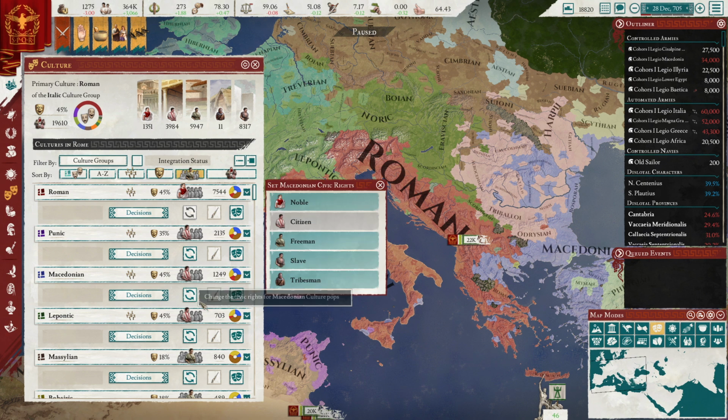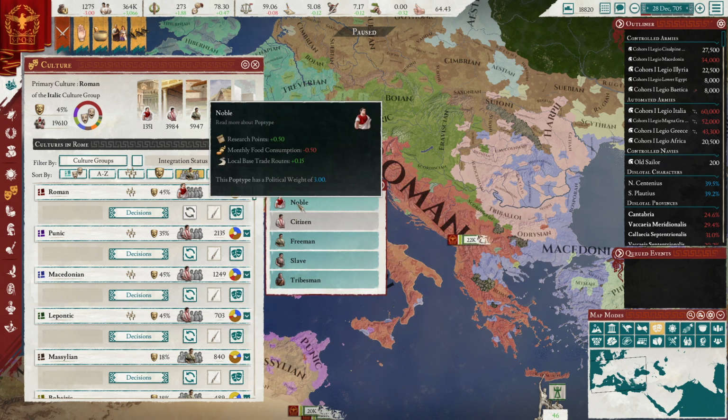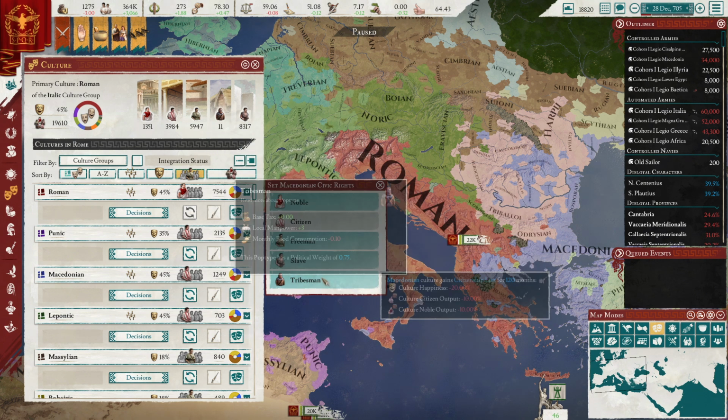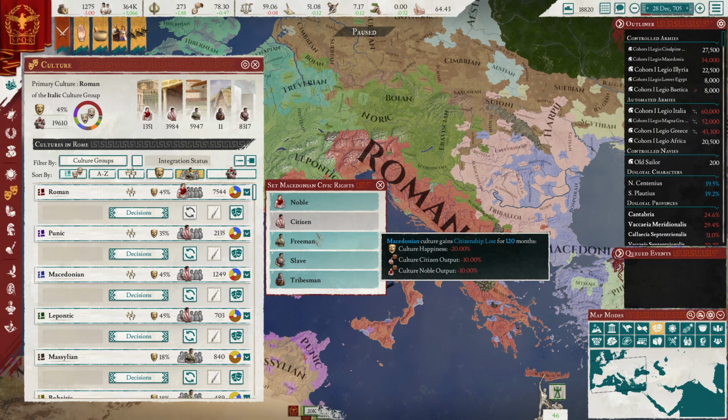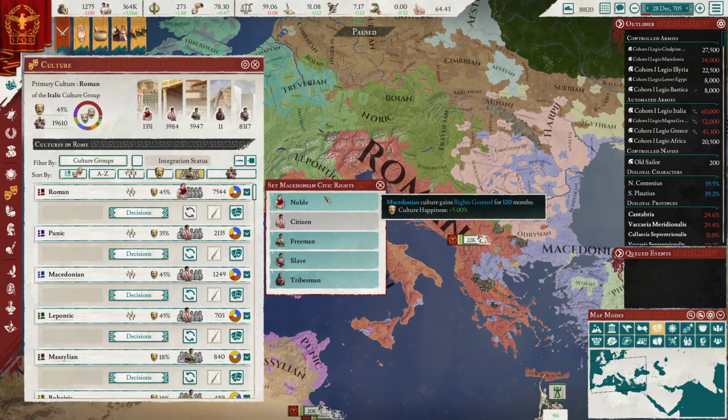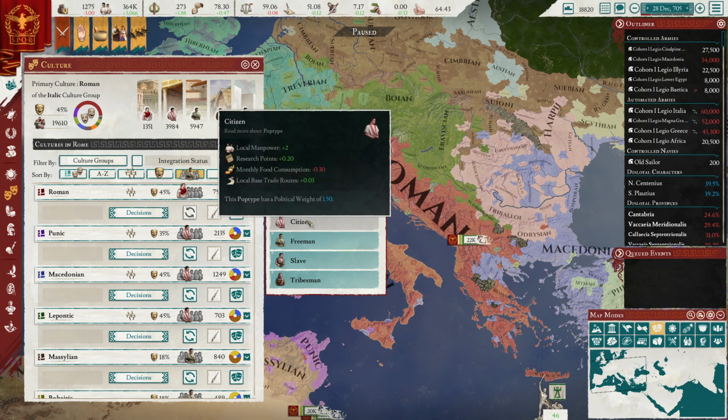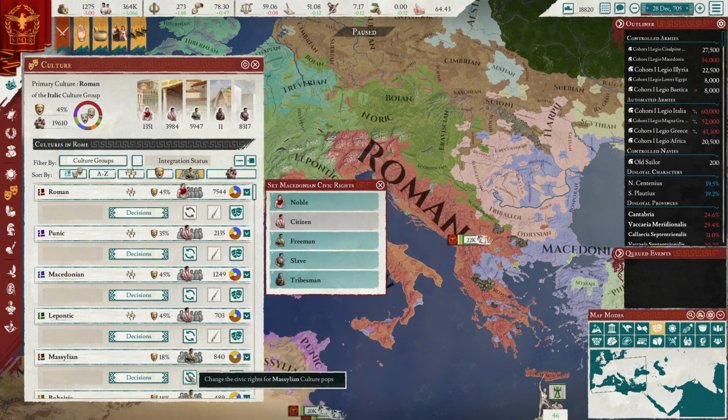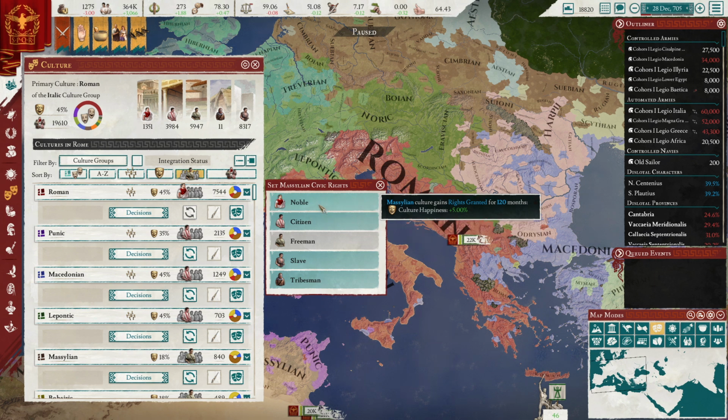I could make them nobles by clicking here, and then I could choose what their max is. Everybody starts out with a max of freemen, but I can pick it. If you put them all up to noble, they get even happier. You can see it if we go to someone that's a freeman, those Massilians. Citizens, they'll be happier. This is temporary, of course. This is just a small bonus, but it is a way to ease overpopulation for a short period